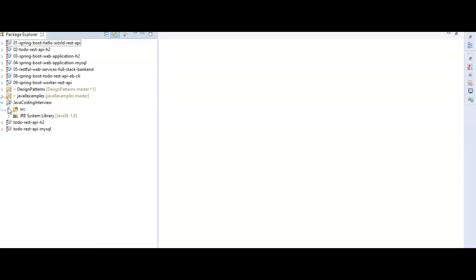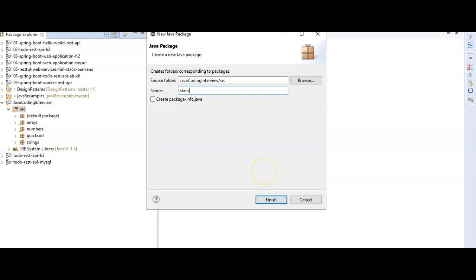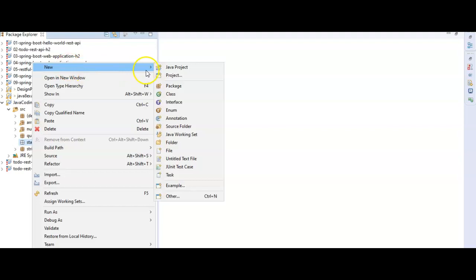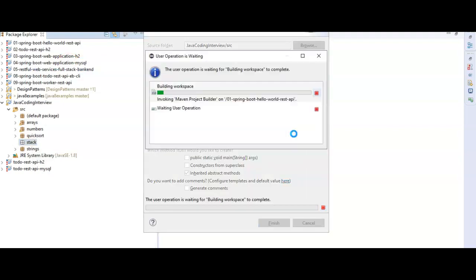Let's go to Java coding interview and create a new package called stack. Why? Because we'll be doing some examples on the stack. Let's create a class. We'll name it StackDemo.